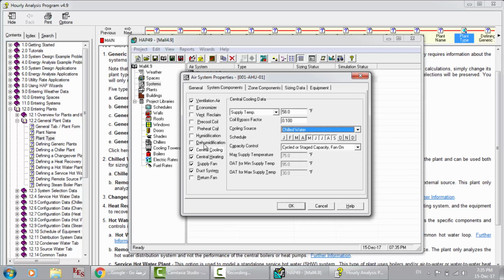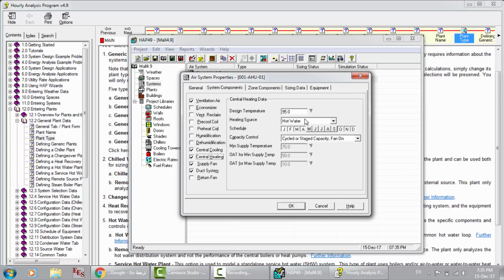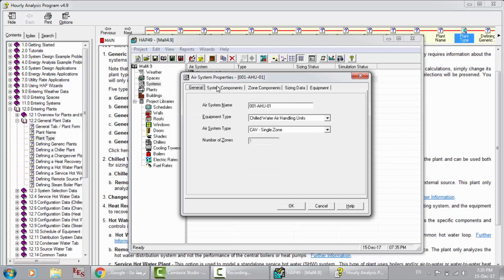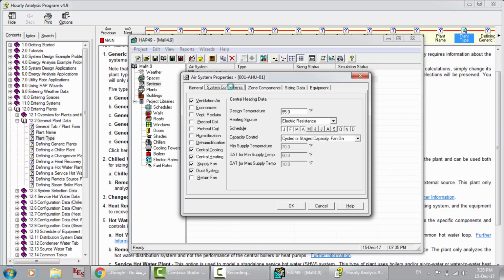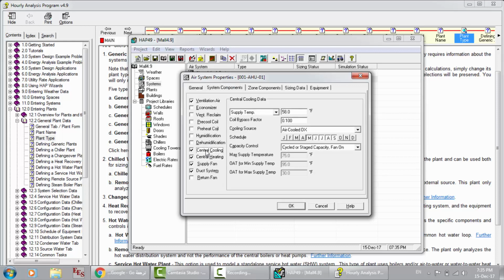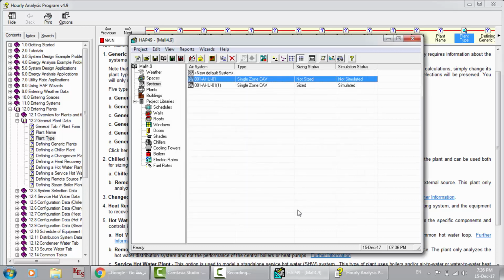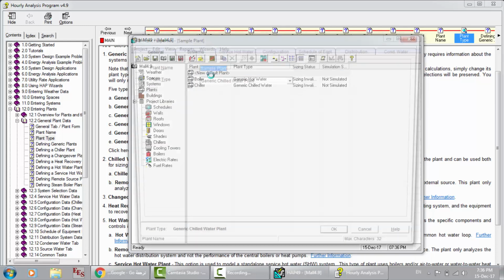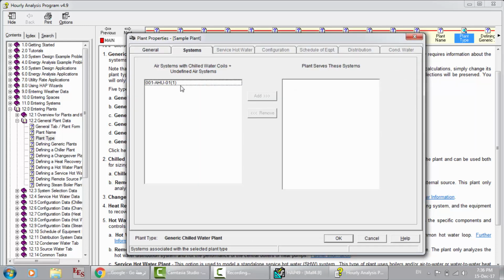Okay, and central heating hot water. Okay, while if it is a packaged rooftop unit, and here go to central cooling air cooled. Okay, and you go to plants, new default system, you will not find it. You will find the other AHU. Okay,